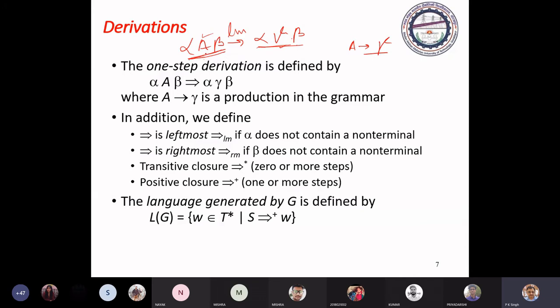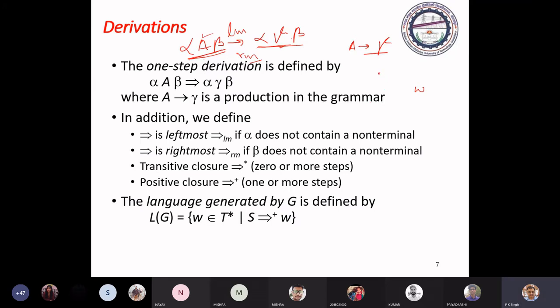And if we generate the next sentential form by replacing A by its right side, then that is called rightmost derivation. So we have two types of derivation. One is leftmost derivation, another is rightmost derivation. And suppose we have a string of the language w.